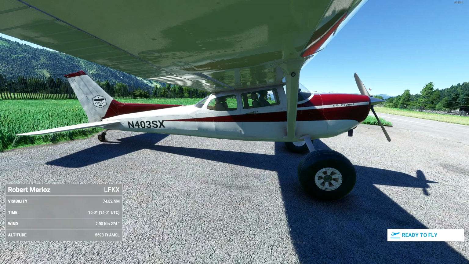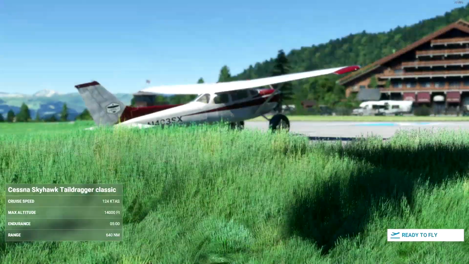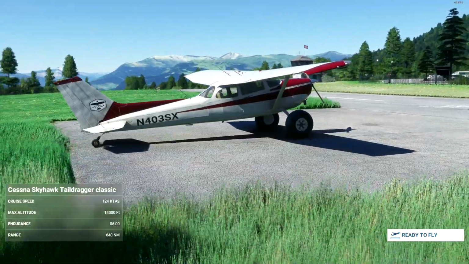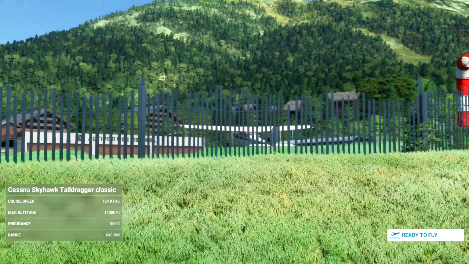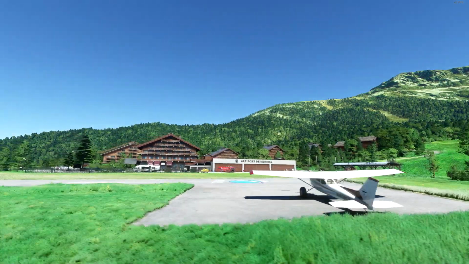And we are now in Region 4 from the World Update 4 in France, so gorgeous updated textures around the French Alps, and mapping of course, and 3D modelling, but we're here at Meribel. Now, what is so special about Meribel? Well, Meribel not only is a gorgeous ski resort in the French Alps,